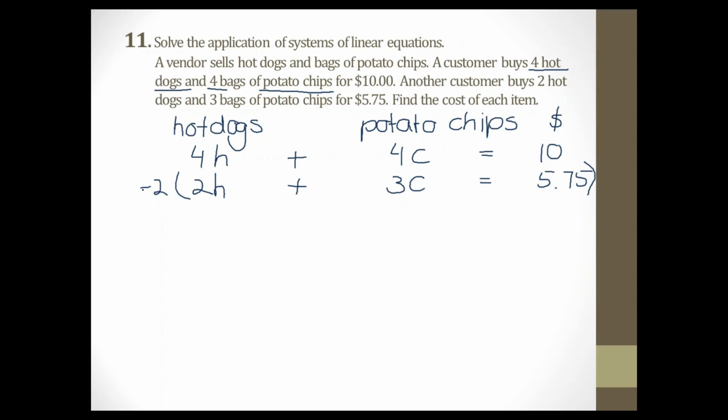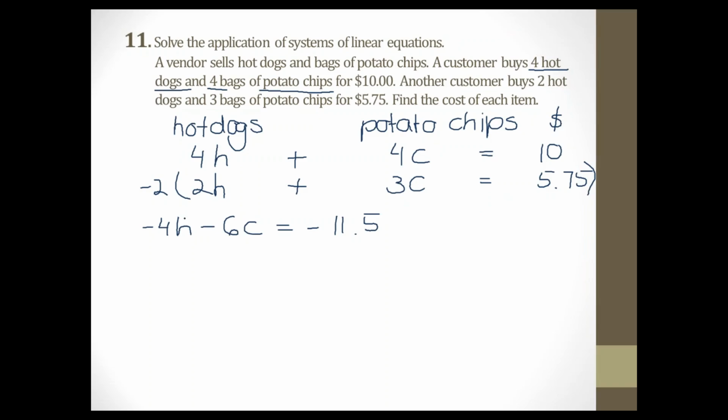So let's just do this and distribute through. The -2 times 2h gives me -4h, and then also -2 times a +3c gives me -6c, and then -2 times 5.75 gives me